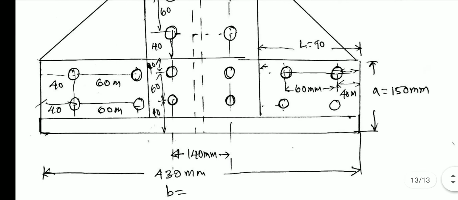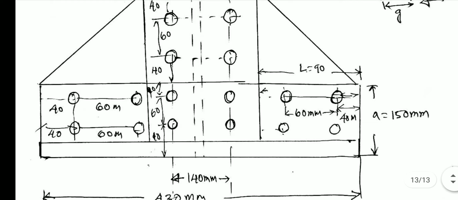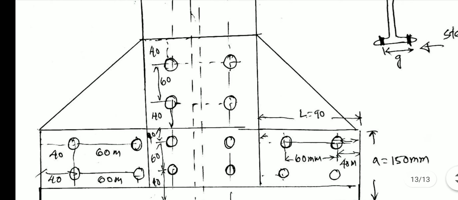So this is the way you can provide the arrangement of bolts. Here also 4, here also 4, or you can provide one bolt here. The remaining one bolt we can shift to the upper part. So we get the number of bolts here as 5, 10, remaining 1, remaining here 2. So you'll get 14 bolts. You can arrange like that, or you can increase the width by 10 mm on this side and 10 mm on this side, so you'll get 450 mm as the base width.